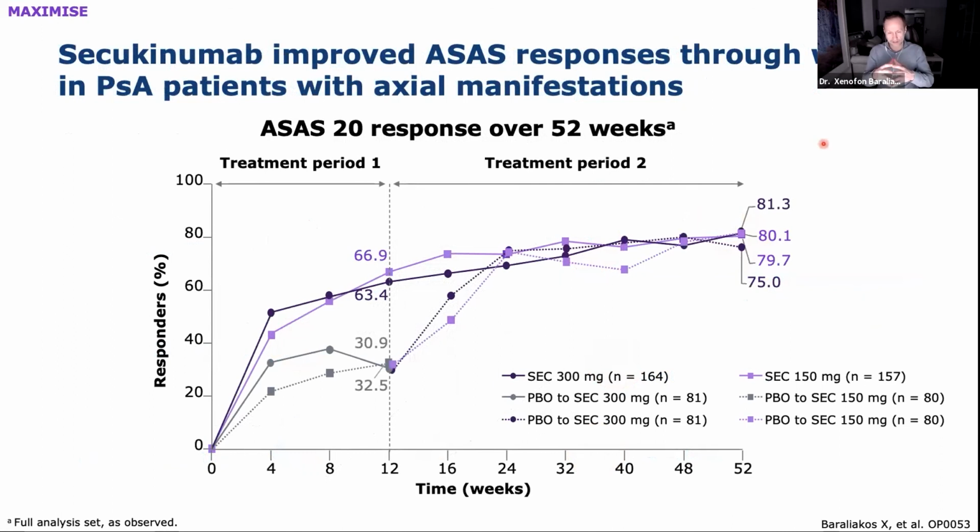What are the data for treatment there? Well, we just published the data of the MAXIMISE trial with secukinumab in patients with psoriatic arthritis and axial disease. Here you see the patients on active drug. Here you see the patients on placebo. Active drug means either 300 or 150 milligrams. And when these patients switched then to the active treatment, they also improved similarly. And they ended up, for example, here as ASAS20 with more than 80% being positive, showing positive response, which again means that also that part of psoriatic arthritis can be indeed included in the treatment